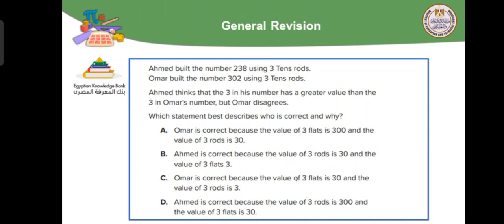Excellent. Number A, because 3 flats is 300, and here for Omar the value of digit 3 is 300. And for Ahmed, the value of digit 3 is 30. Okay? Then,